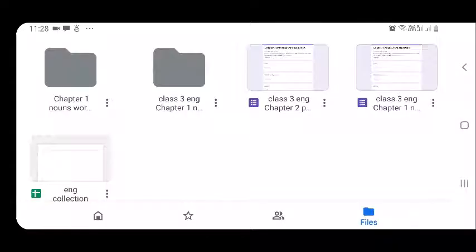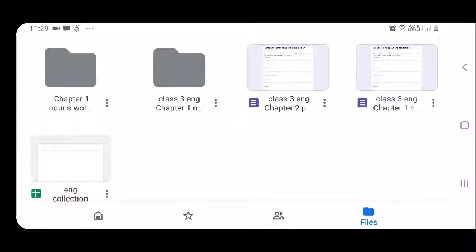Now another question which was asked by one of my colleagues was how to know if any child is submitting his work after 2 days or 3 days. I would suggest for the first 2 days don't use this notification step, because in the first 2 days just wait, let the kids submit their work and then you check. You know that after 2 days the frequency of kids submitting the work is going to decrease, hardly one per day. So once you feel that the frequency has decreased, now you activate your notification.